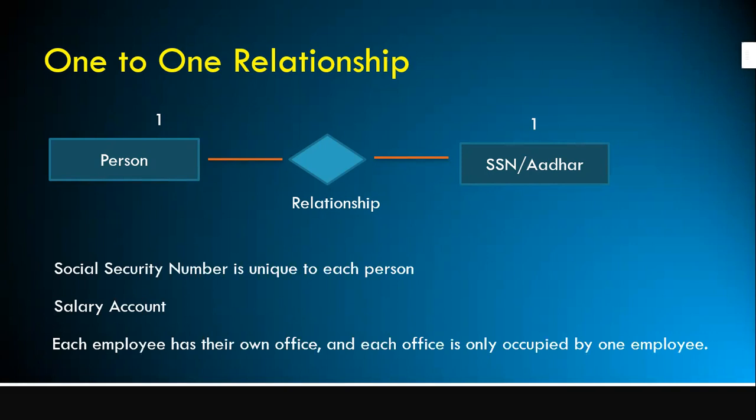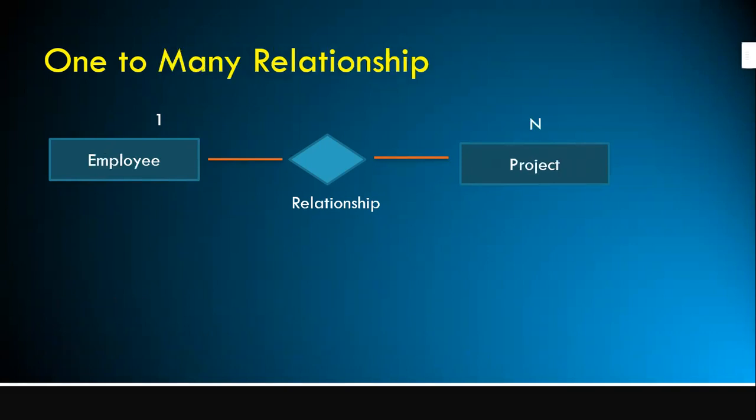Next, we will see what is one-to-many relationship. An employee, single employee, can work on more than one project. Let's say you are working for a software company. So you are supposed to work on two different projects. 50% you are billed in one project. In another project, you are billed for 50%. Okay, a single employee can work on more than one project. That is what is called a many-to-one relationship. Sorry, one-to-many relationship. Okay.